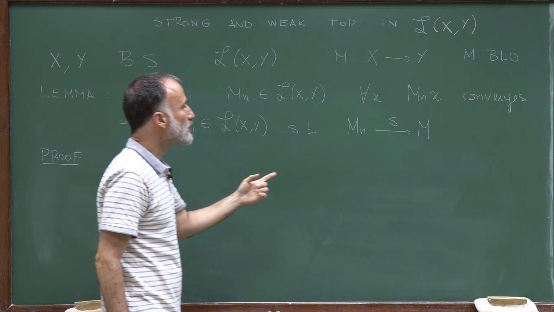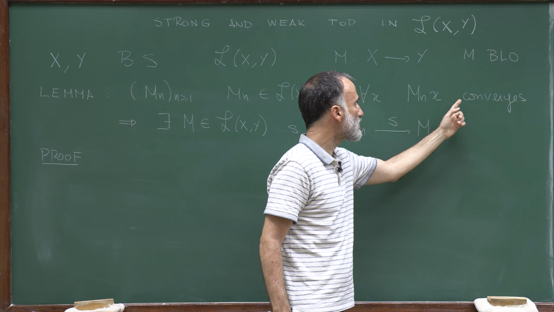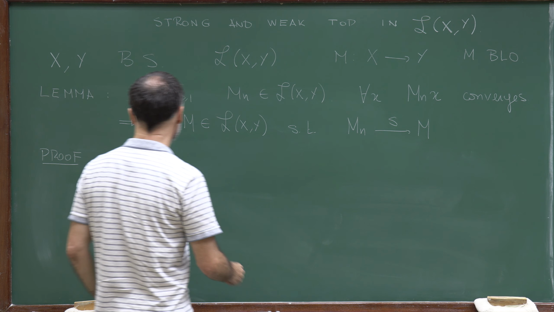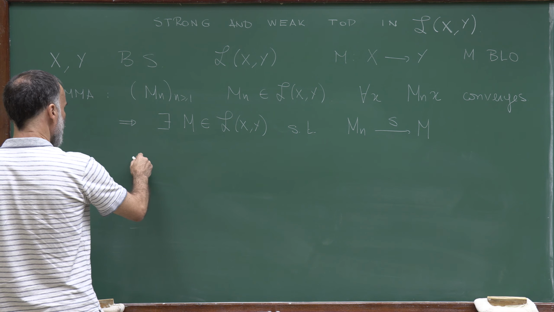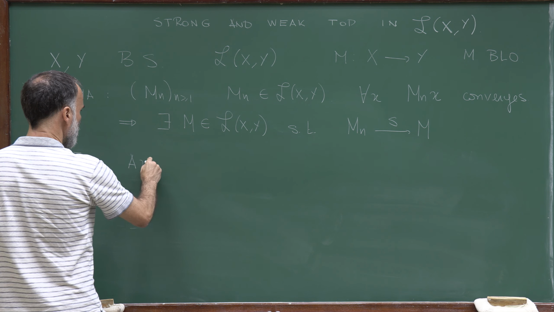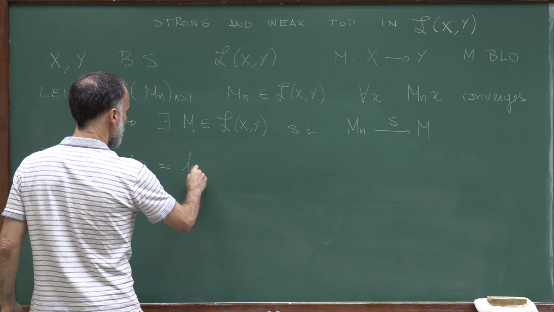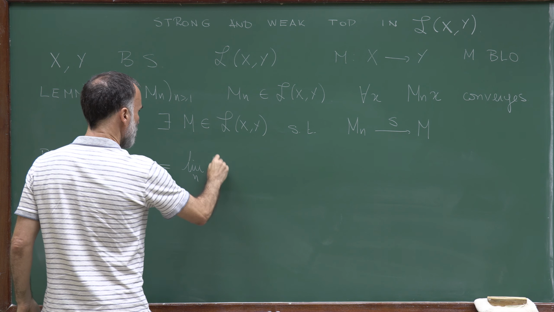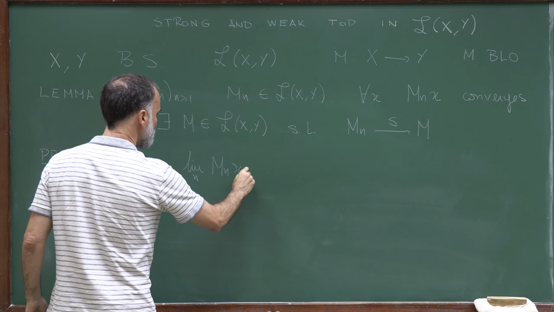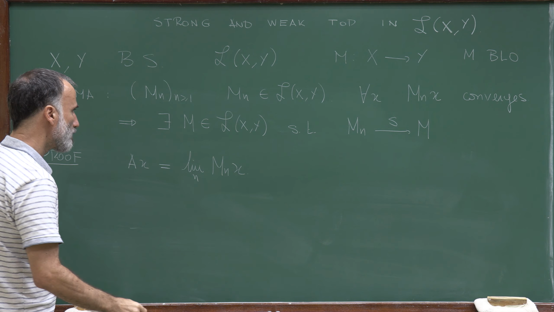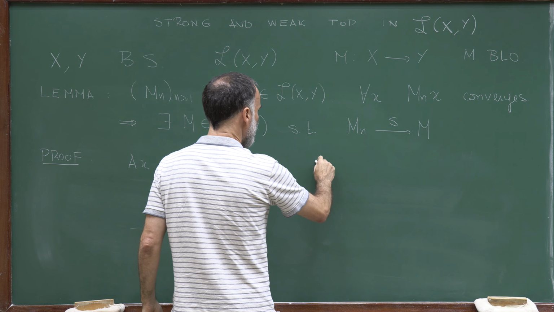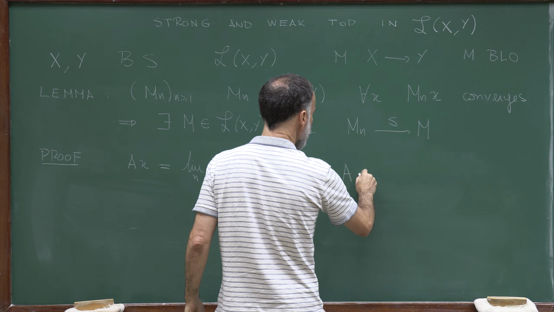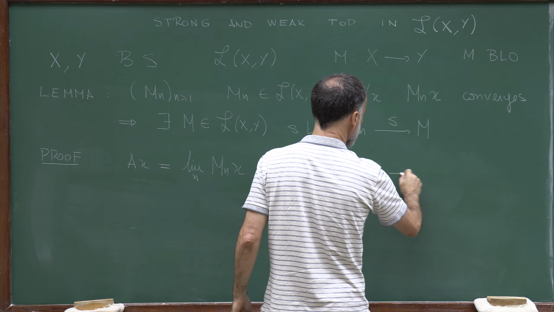Let me represent by Ax the limit of Mnx. And I claim first that A, which is now a function from X to Y,